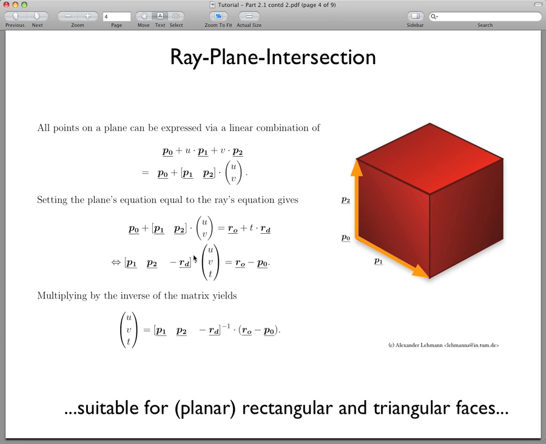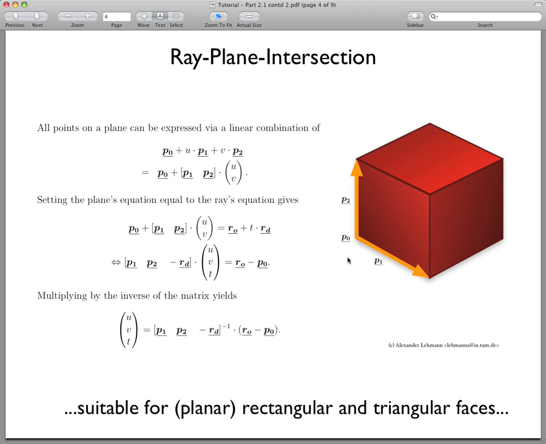We finally come to the intersections of a ray and a cube, and one very basic and necessary part of that is the intersection of a ray and a plane. However, our plane won't have infinite extents, but we'll model it like this. You can see on the right hand side I've depicted that cube here, and let us for now talk about